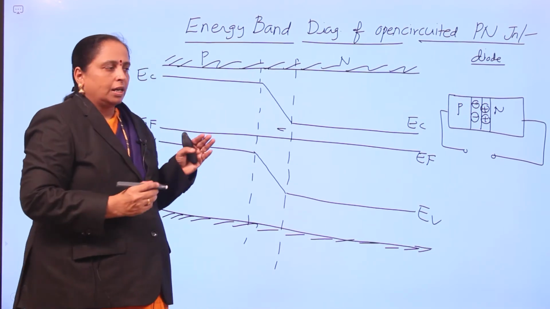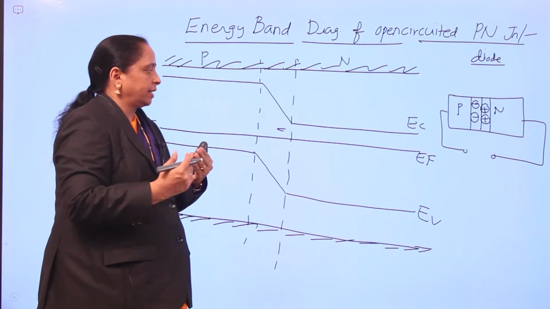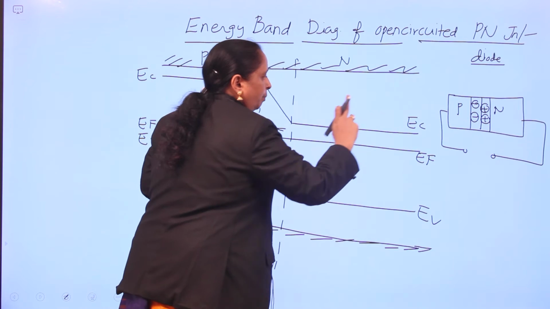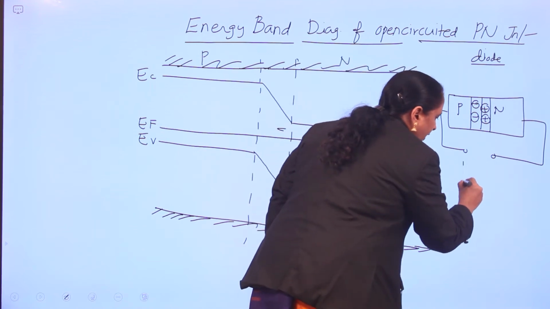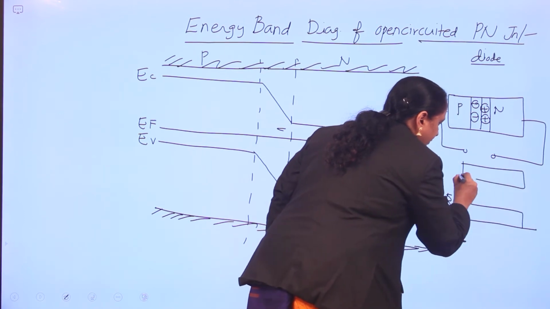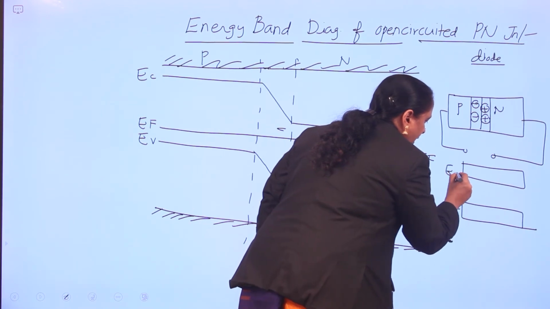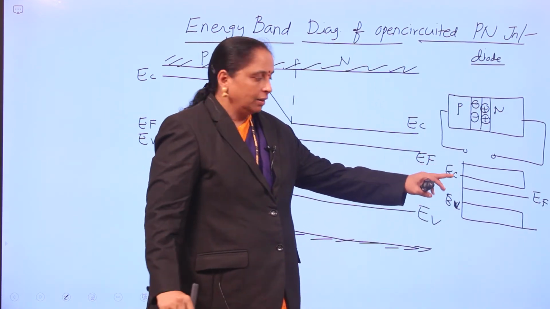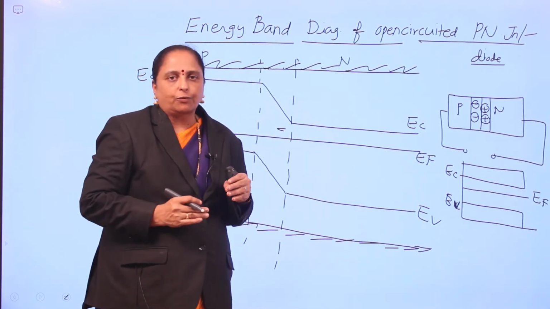Okay, now let us see, if both P and N materials are joined together, some equilibrium condition should be reached. Here, why is it not in equilibrium condition? See here, this is above the valence band, this is below the conduction band. So an equilibrium condition means it should reach the intrinsic condition. That is, in case of an intrinsic semiconductor, this is the valence band and this is the conduction band. The Fermi level must be in the middle. Between the valence and conduction band there is a forbidden gap, and the Fermi level occupies the middle portion of that forbidden energy gap.